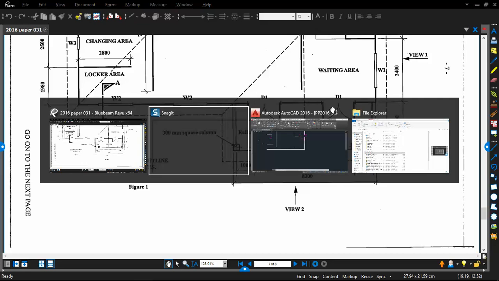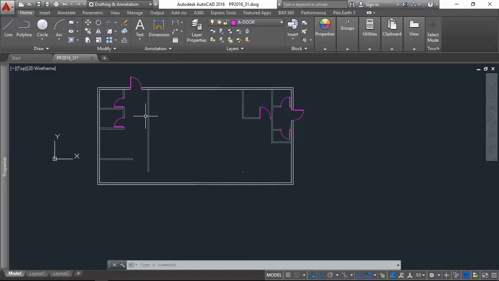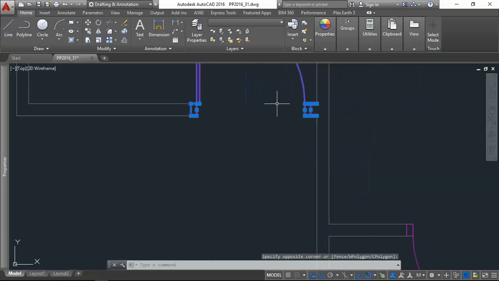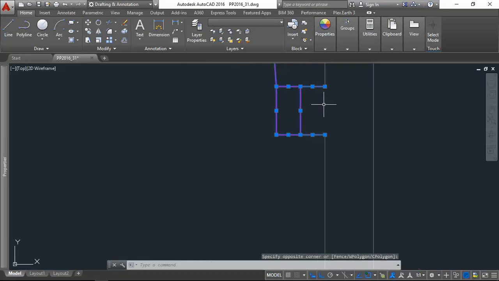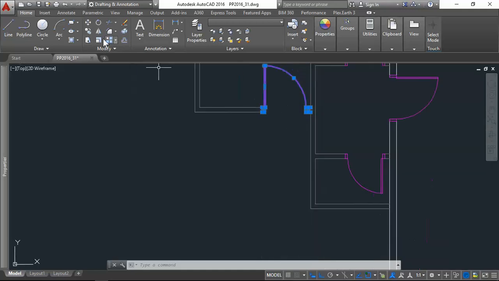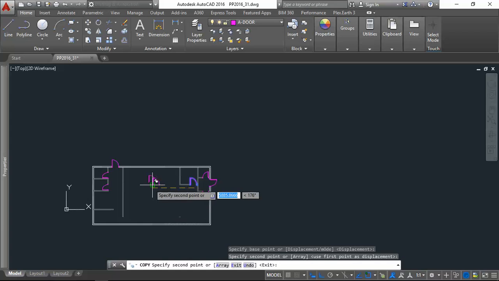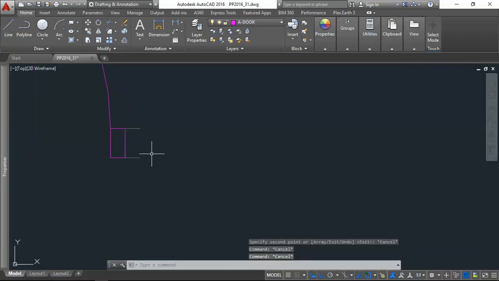So what I'm going to do to do this pretty quickly is this door here. Shift, copy, delete all the extra,